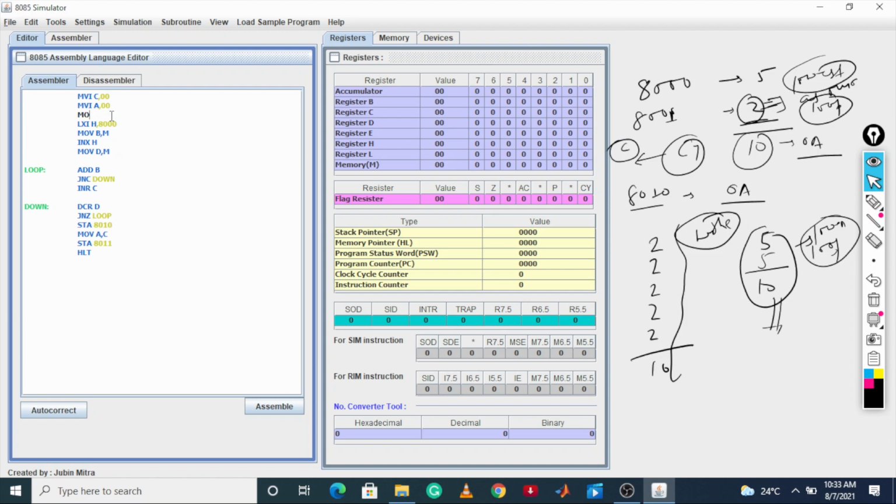You remove this one because this program was started from here only. LXI, MOV B,M, then INX H, MOV D,M, now ADD B, now JNC DOWN, then INR. Now this is our program. So auto correct this. Now this is our program that we have written.